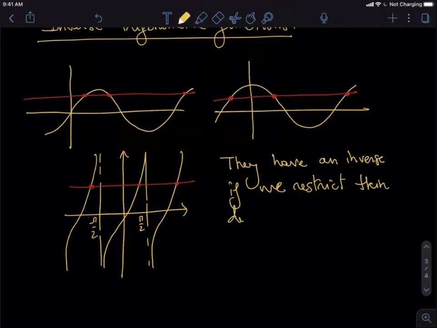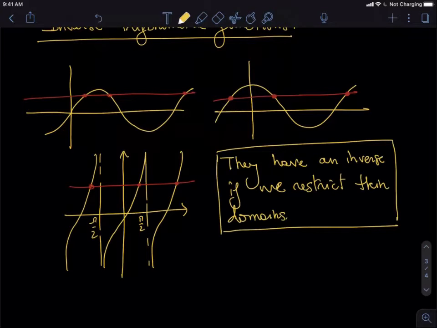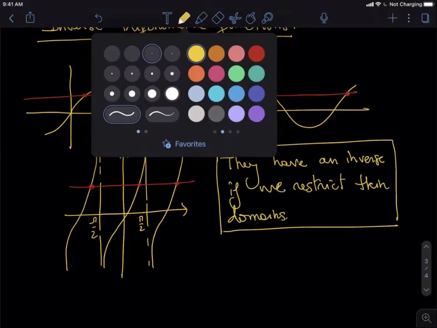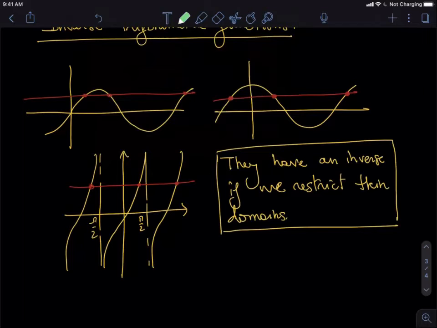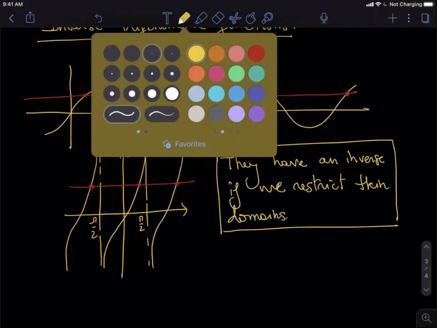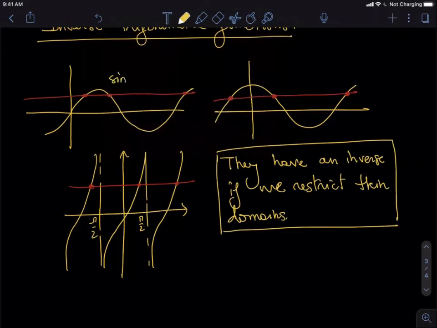Okay. What do I mean? So we need to restrict the domains to, here the first one was the sine, the second one was the cosine, and then the tangent. So what I mean is just to take a window that allows us to just pass once